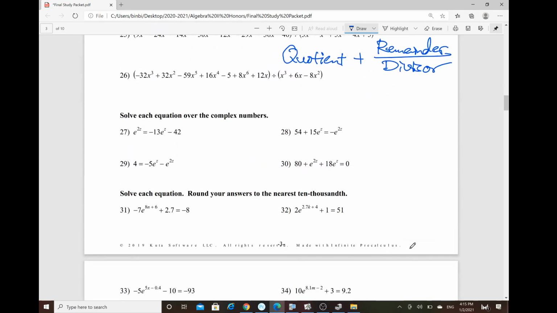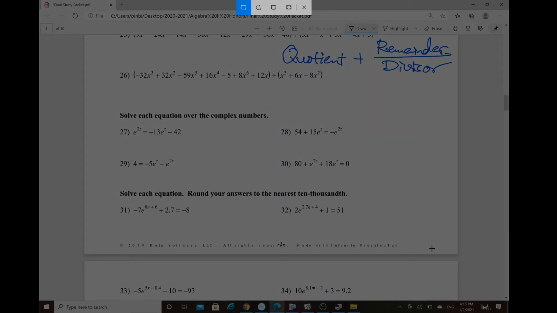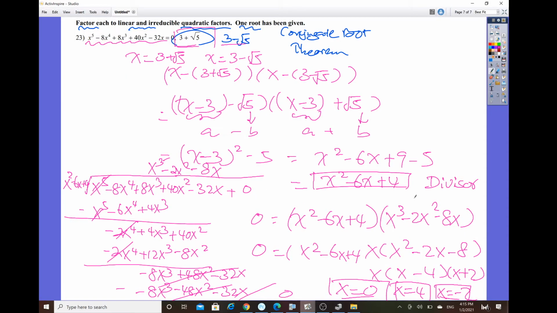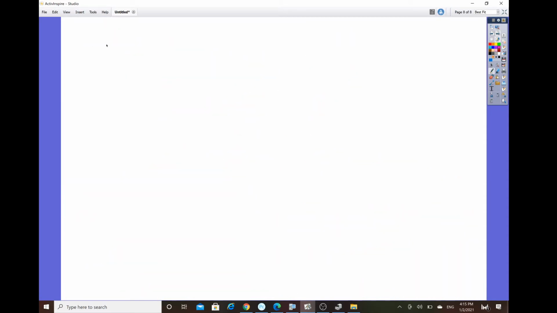And now what about for 27 through 30? So let's see, the one that's kind of complicated. Let's do 30. Okay, so again, I'm going to snip this. So for number 30,